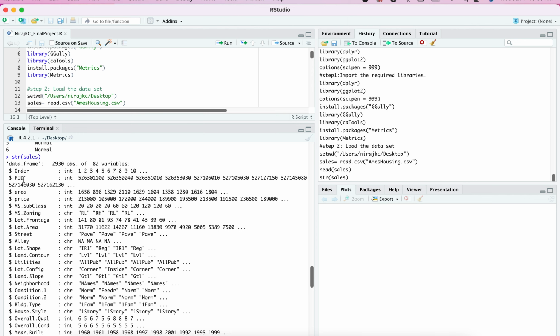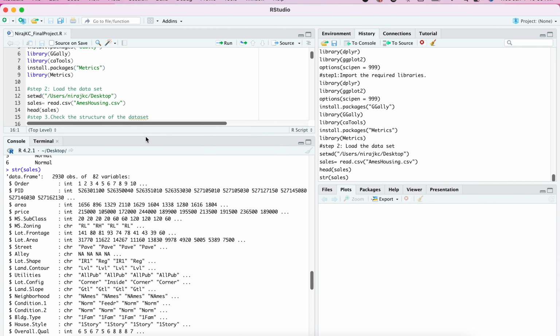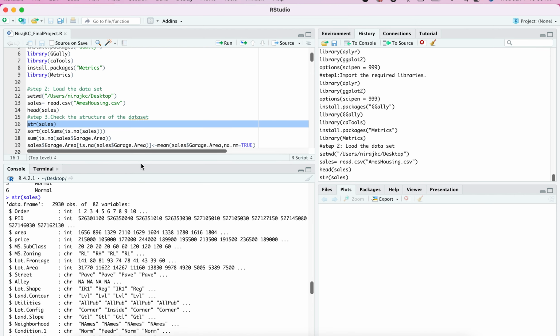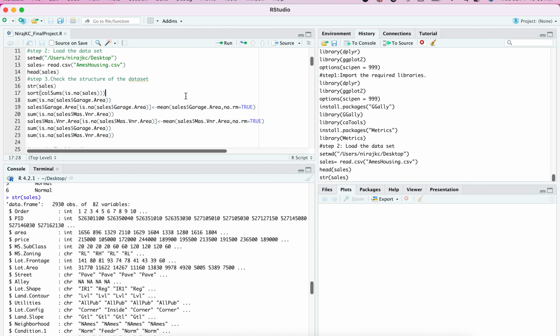So on the basis of these variables we will predict the price of the houses. First we will build the regression models and see how our model is performing, so that we can deploy it in production later. First we need to build our model, right? So this is the structure of our data set,